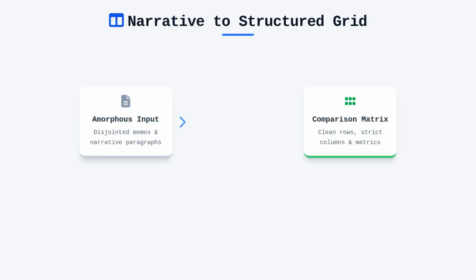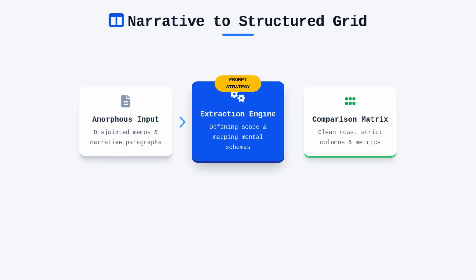Transitioning narrative text into a structured grid is a frequent requirement in technical writing and data synthesis tasks. Imagine receiving a disjointed memo filled with project updates and needing to extract the key metrics into a clear comparison matrix. You can achieve this by framing the prompt to act as an extraction engine that maps amorphous paragraphs into